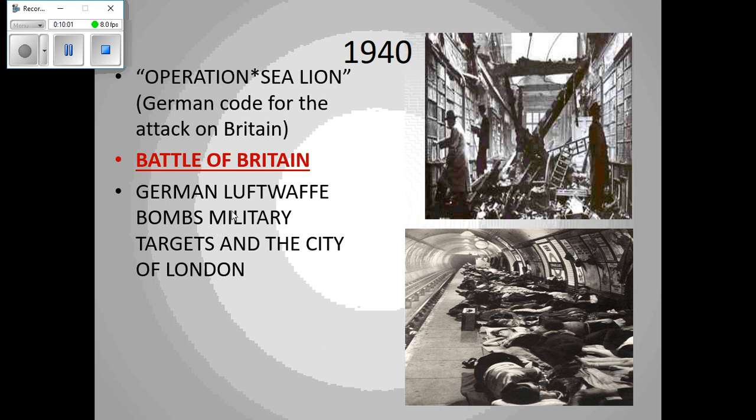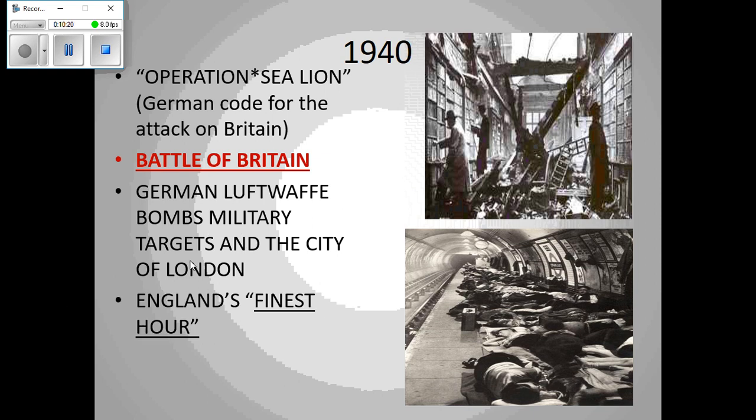One of Winston Churchill's famous speeches was, "Never have so many owed so much to so few." What he's talking about is the British people owe a great deal of gratitude to the Royal Air Force for fending off the German Air Force day after day after day. But at night, it was kind of fair game.